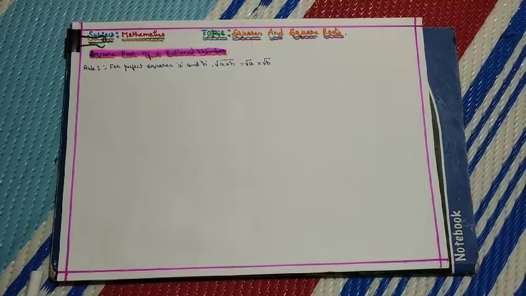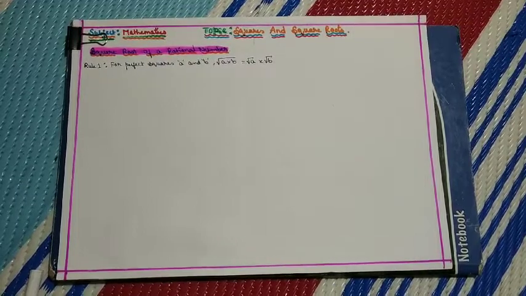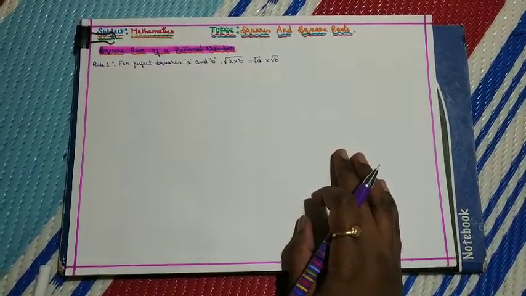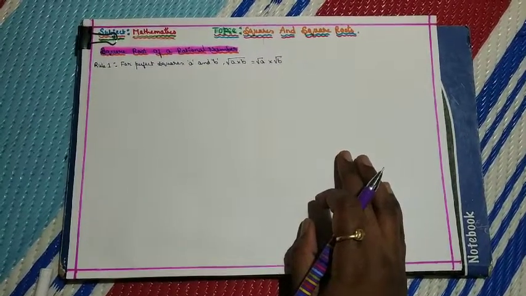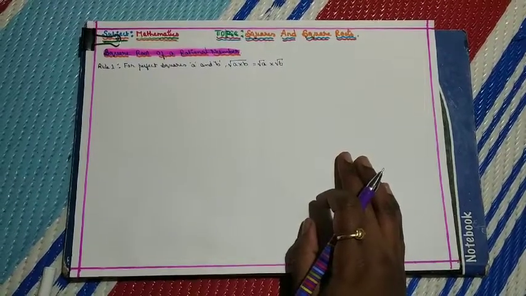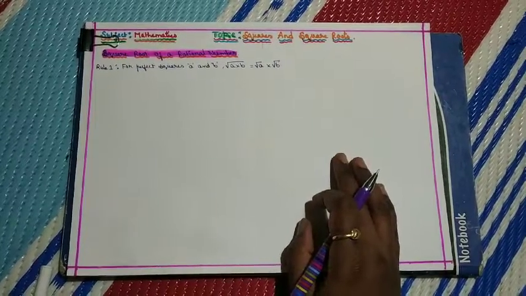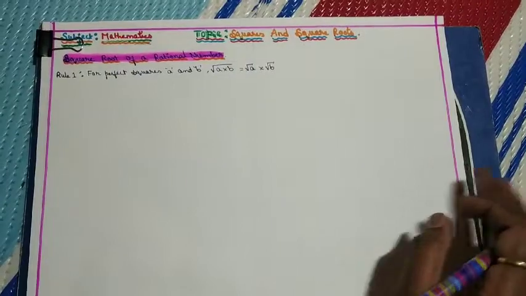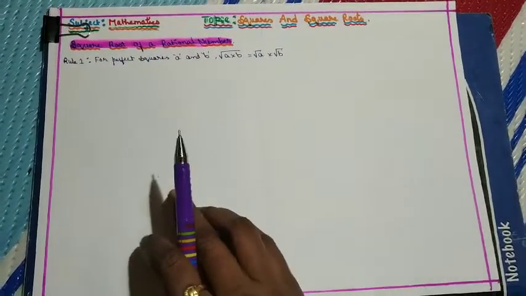Till yesterday we were aware of finding the square root of a number by using the long division method. Not only long division, we also came across finding the square root by the repeated subtraction method and also the prime factorization method. Today in this session we are going to learn the next concept, that is finding the square root of a rational number.